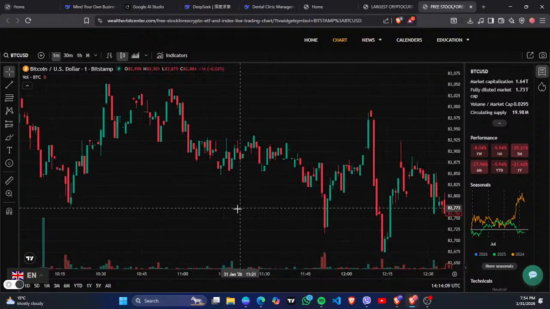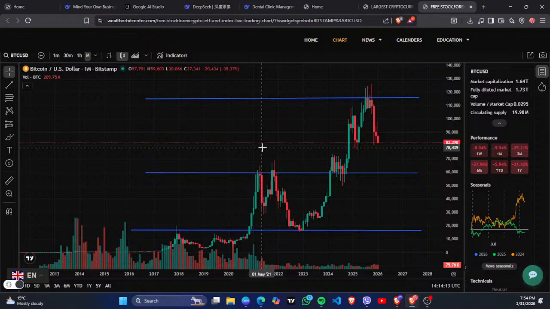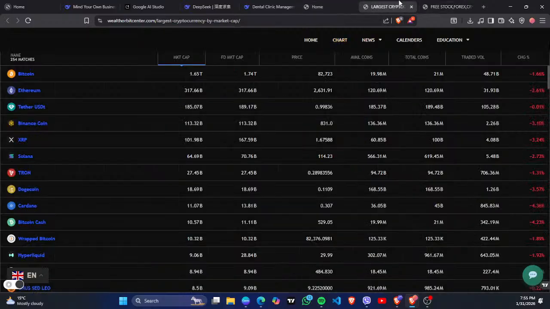One thing I want to say is that on crypto like Bitcoin, always try to trade for the long term. If you trade for the long term, then only can you maximize your return and get a high margin on yield also. If you just trade for the short term, then it will be very hard.